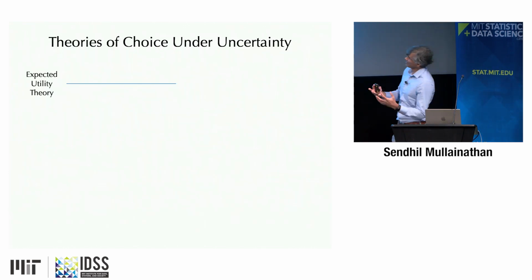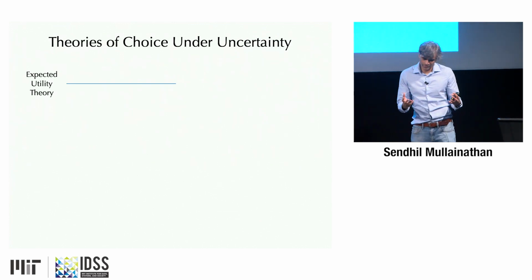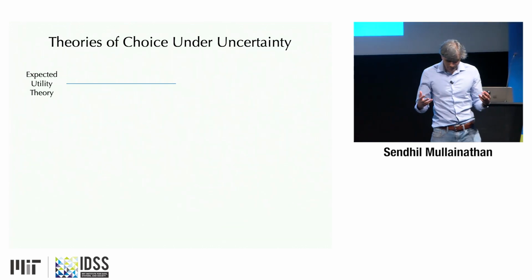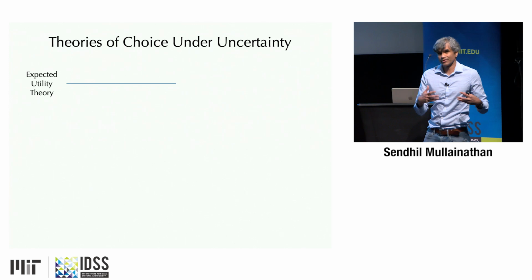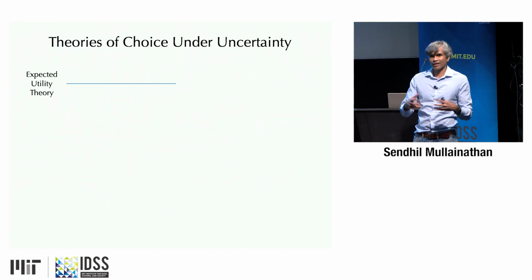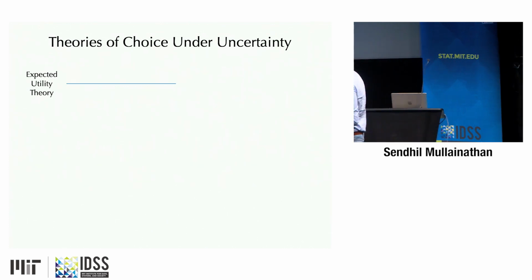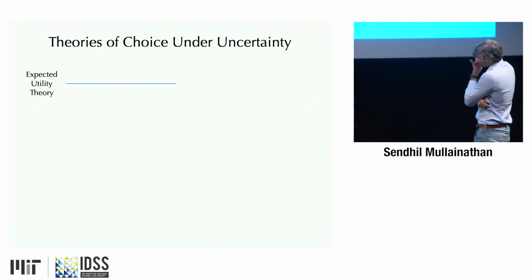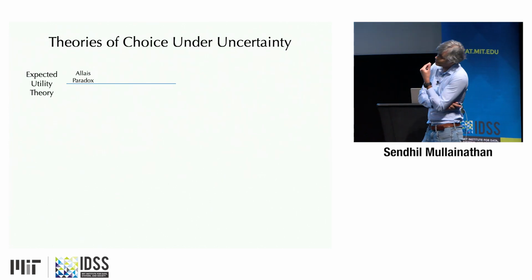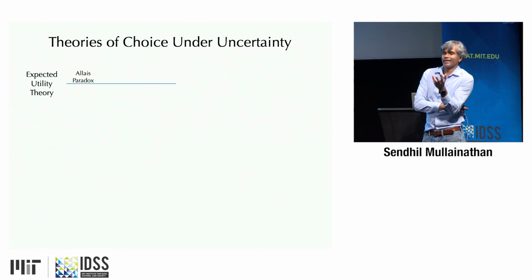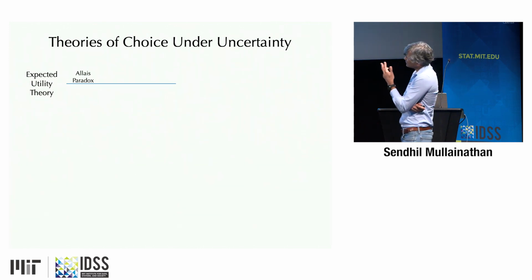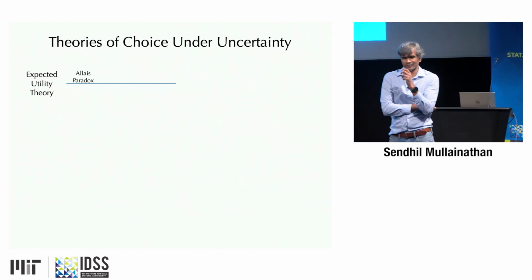And so here I want to start with expected utility theory. Expected utility theory, just to remind you, is a set of axioms that tell us how people choose when making decisions under risk. And those axioms imply various representations of choice. You're probably most familiar with sum of probability times utility. And that is sort of the workhorse. When expected utility theory was first built, there's a famous paradox by Allais. It's actually a very simple thing. He just said, oh, this is nice. These axioms are really interesting. Let me just show you something.